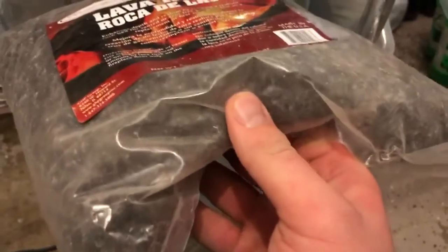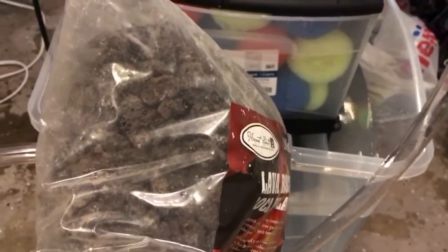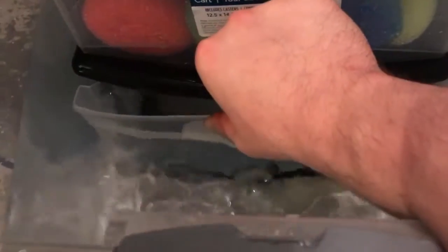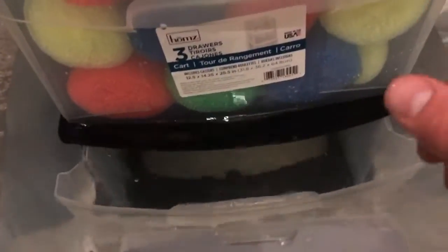This stuff has got loads and loads of surface area. This is a really good alternative to your ceramic media and your different submerged media types. First I'm gonna have to rinse this off because this stuff comes in really, really dirty. But once I get this cleaned off real good, it will go down here in the bottom drawer so it's nice and submerged. Bottom drawer has holes in the bottom of it to drain up into the tub in here